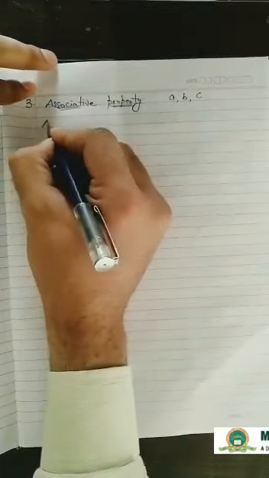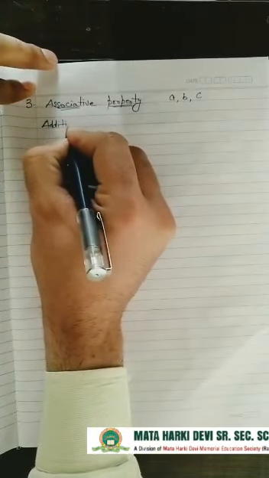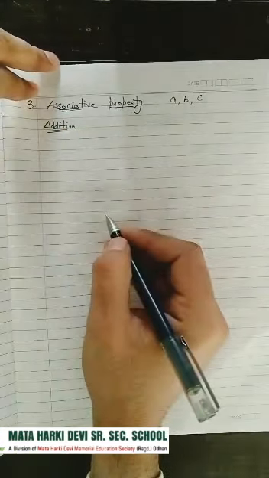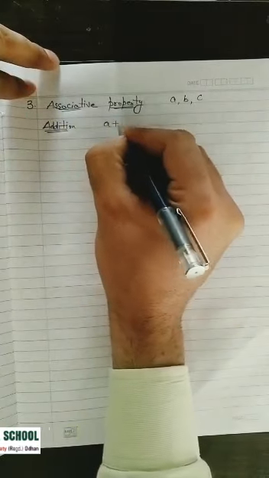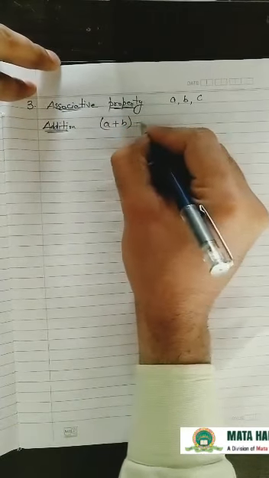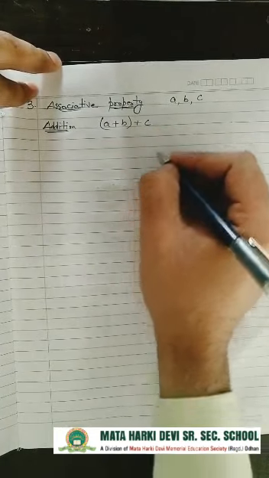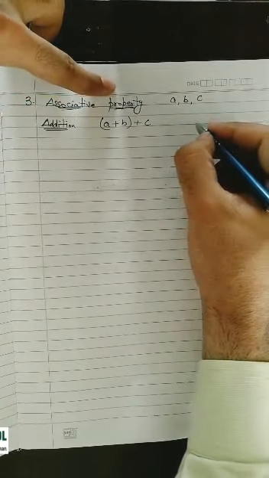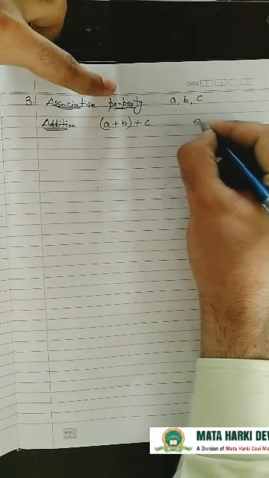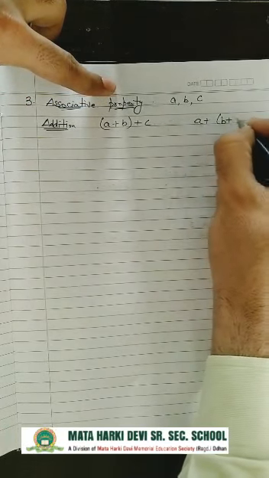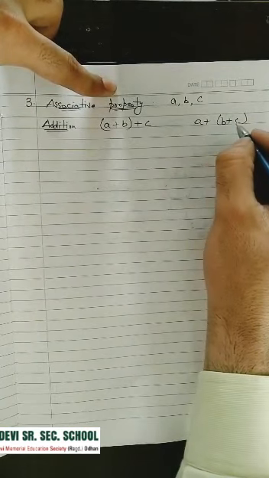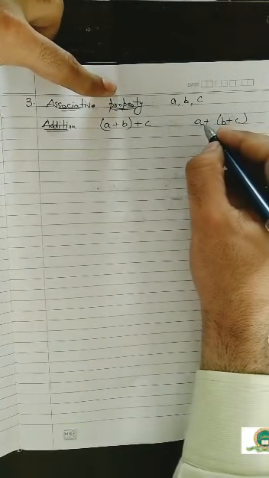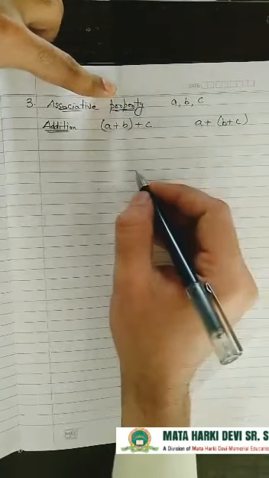So for addition, we have to check if adding the two numbers first and the third later on, what will be the result. And in the second part, if I add B and C, that means the second and the third number, and later the first number,